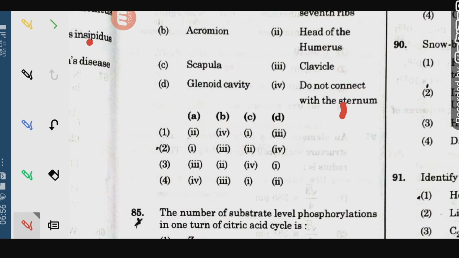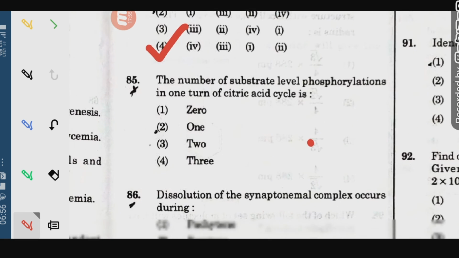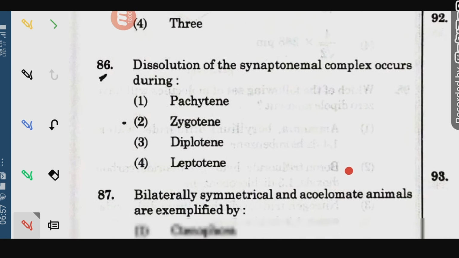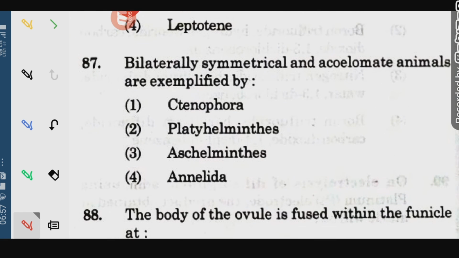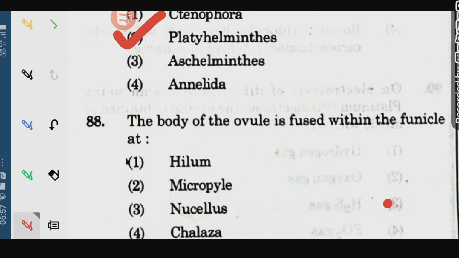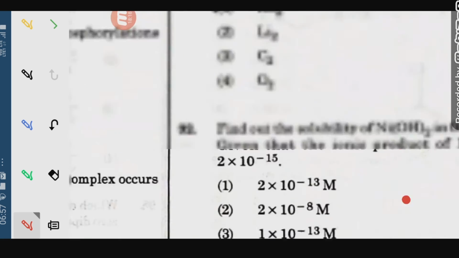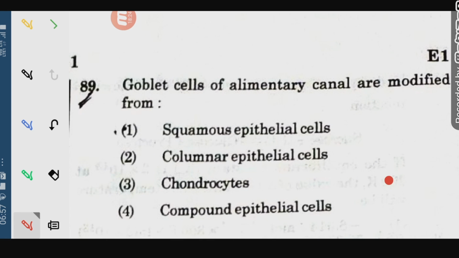Number of substrate level phosphorylation is 1. Okay. Dissolution of the synaptonemal complex occurs during diplotene. Then bilaterally symmetrical and acoelomate, and these are exemplified by platyhelminthes. The body of the ovule is fused with the funicle at hilum. Then next one, goblet cells in the alimentary canals are modified forms of squamous epithelium cell. Then this one, snow blindness in Antarctica region is due to inflammation of cornea due to high dose of UV